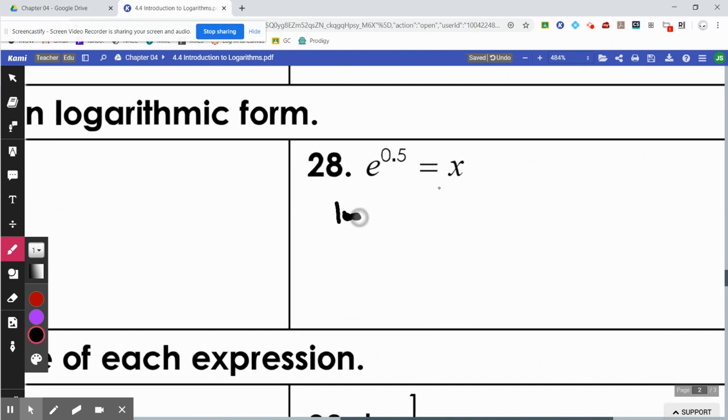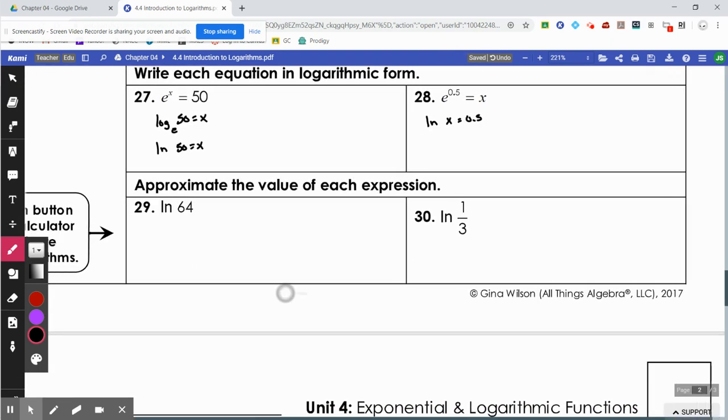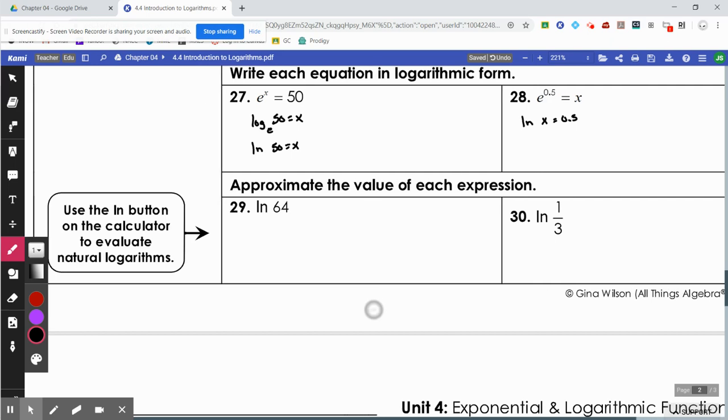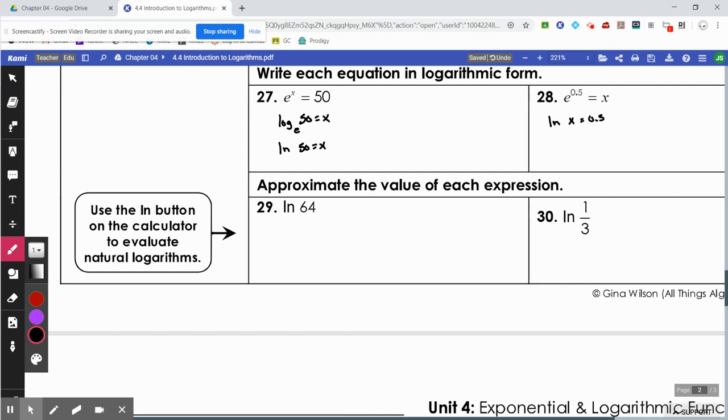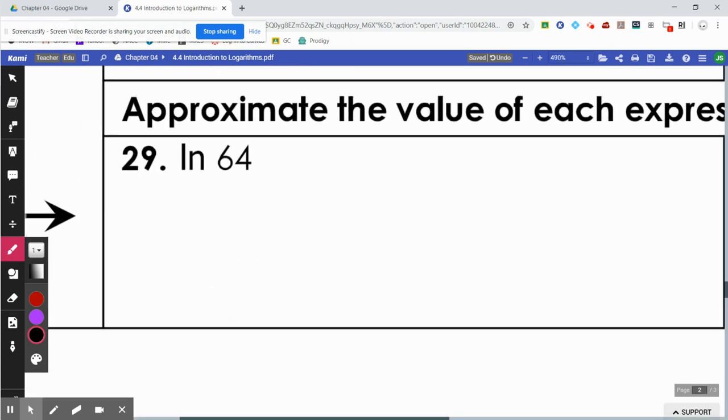This would be log base e. And let's not write log base e. Let's put ln of the value on the other side is equal to the exponent. Natural log of x equals 0.5. Okay, now approximate the value of each expression. Simply use the ln button on your calculator to evaluate these. All you're doing here is hitting the ln button on your calculator and typing in 64. The ln of 64 will be irrational, so let me do approximate. The ln of 64 is about